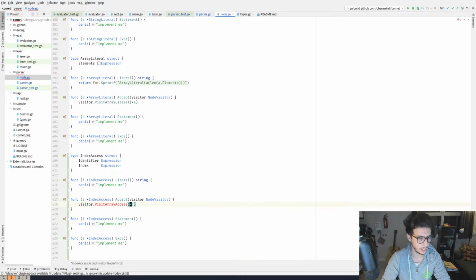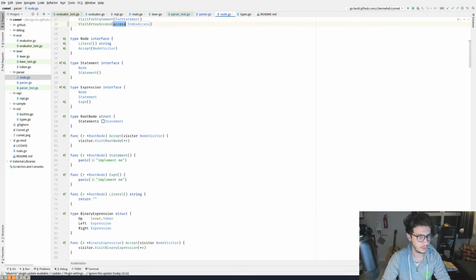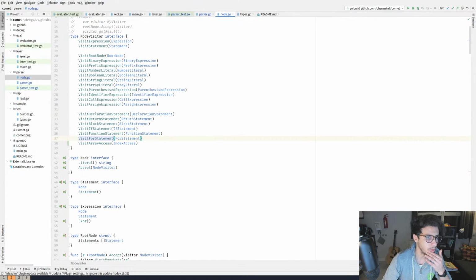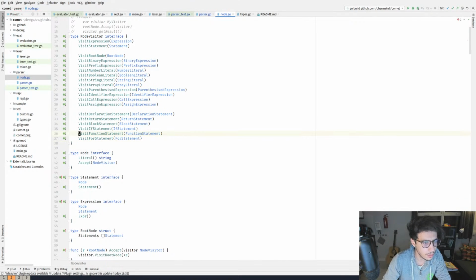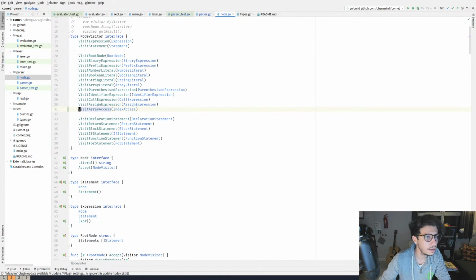I'll leave them empty for now. I'll create this function. Now, this is gonna break some things. I'm gonna make sure that this is added to the correct place. So we want this to be here.